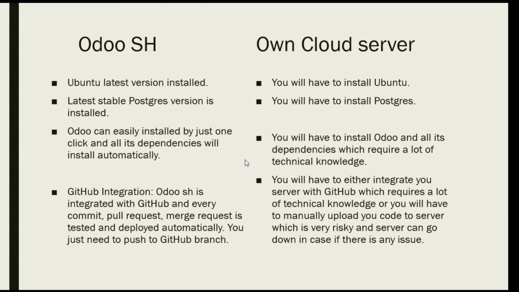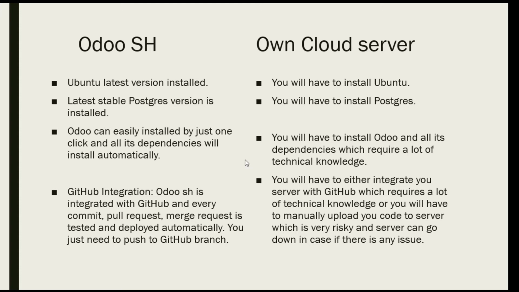On odoo.sh, the latest stable Postgres version is installed by default, and on our cloud server we will have to install Postgres on our own. And the third thing is Odoo can be easily installed on odoo.sh by just one click, as